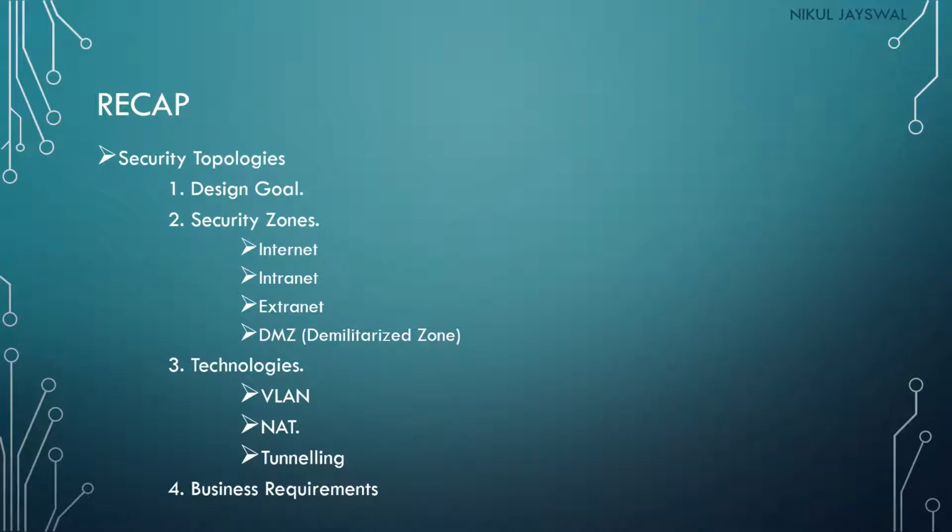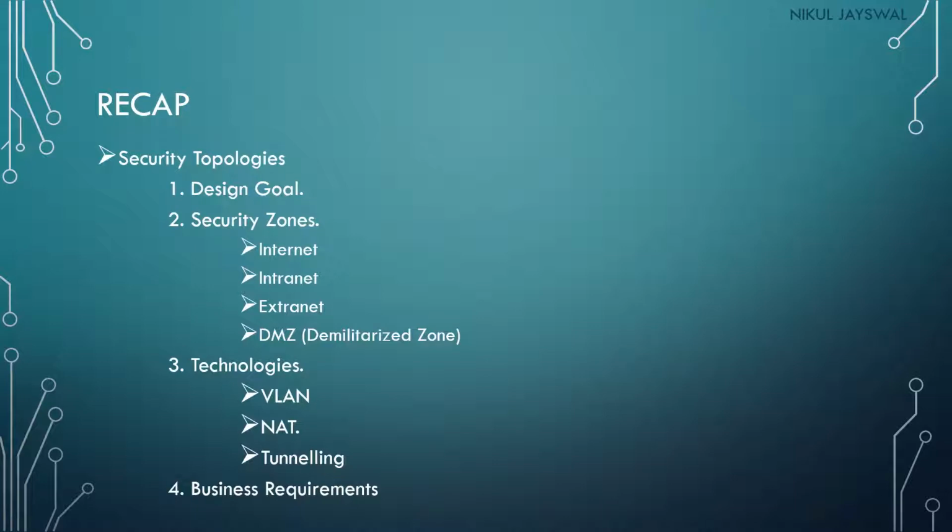In that technology, we have discussed first the virtual LANs. We group certain machines to drive the flow of the traffic, and it will increase the network performance as well as the security of the network. After that, we have seen NAT, that is also called network address translation. From one internet connection we can have multiple connections to the intranet, and it will also provide better security to our intranet.